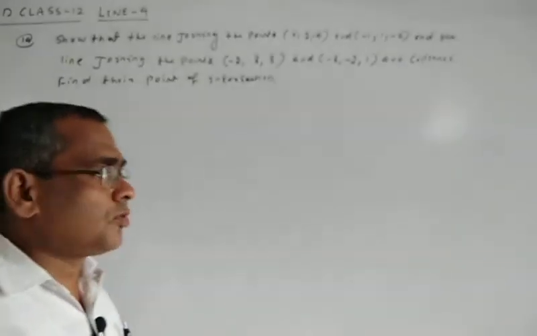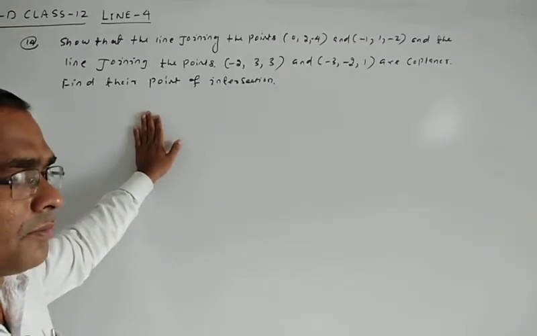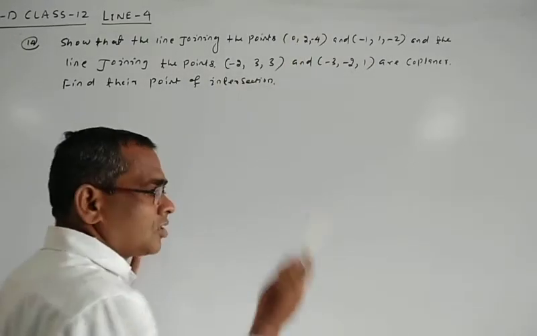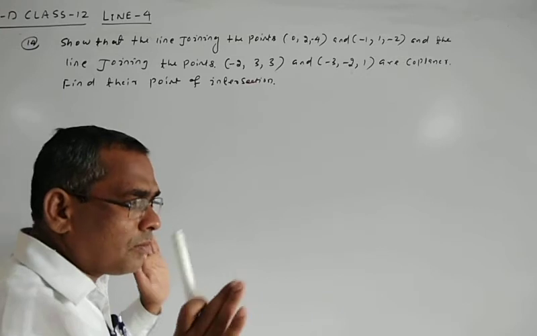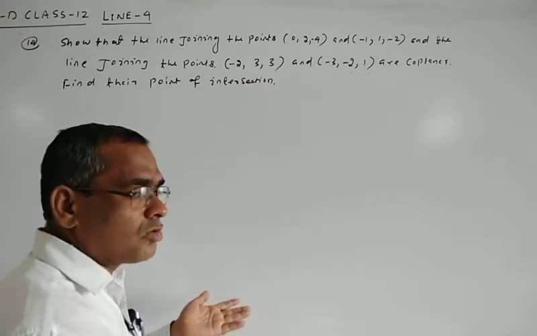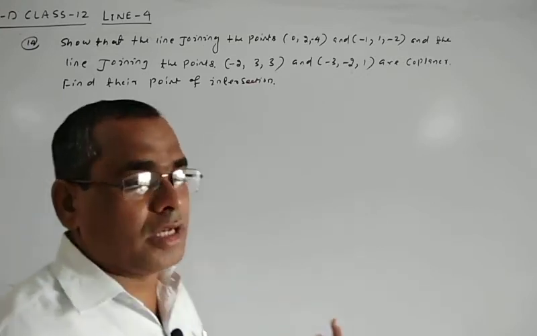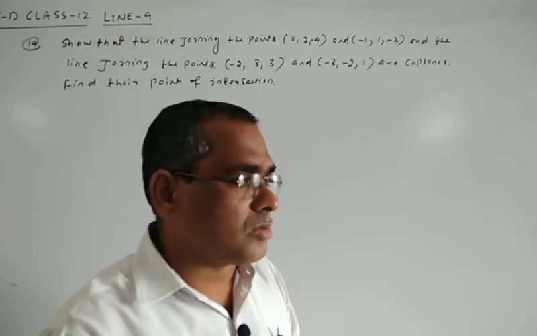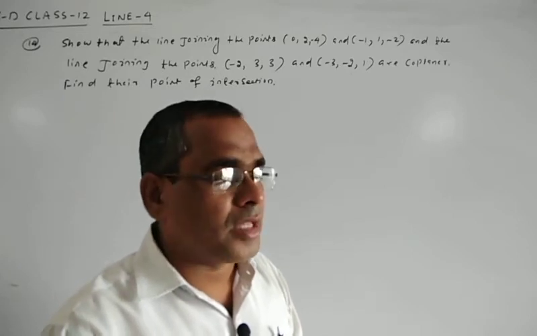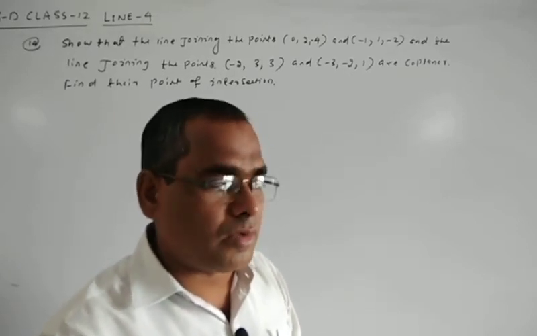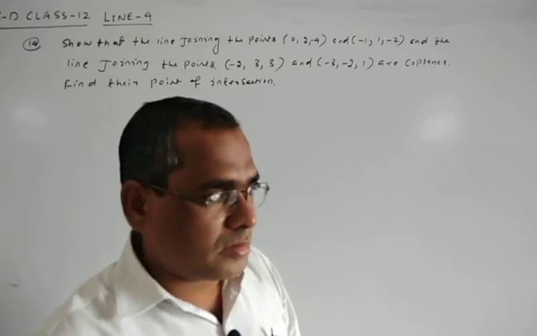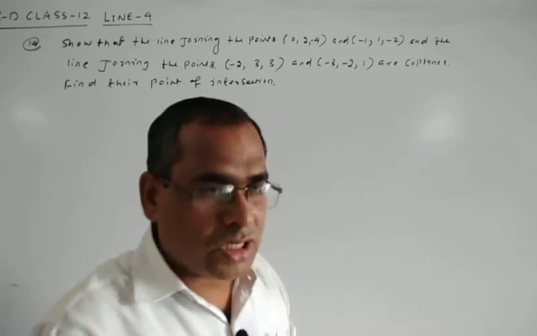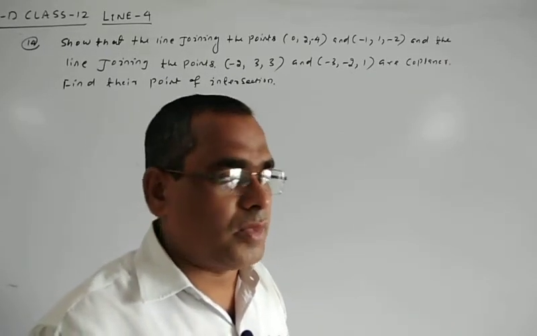So first you have to prove these two lines are coplanar. So these two lines are coplanar means these 4 points must be coplanar. And you know how to test 4 points are coplanar in 3D: the determinant x4 minus x1, y4 minus y1, z4 minus z1, then x2 minus x1, y2 minus y1, z2 minus z1, then x3 minus x1, y3 minus y1, z3 minus z1. If the determinant is 0, they must be coplanar.